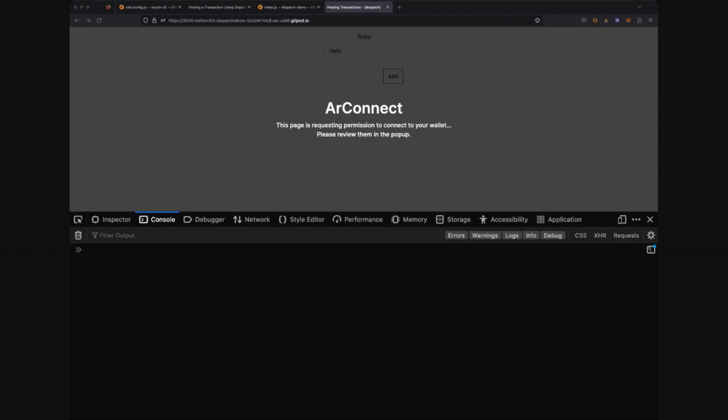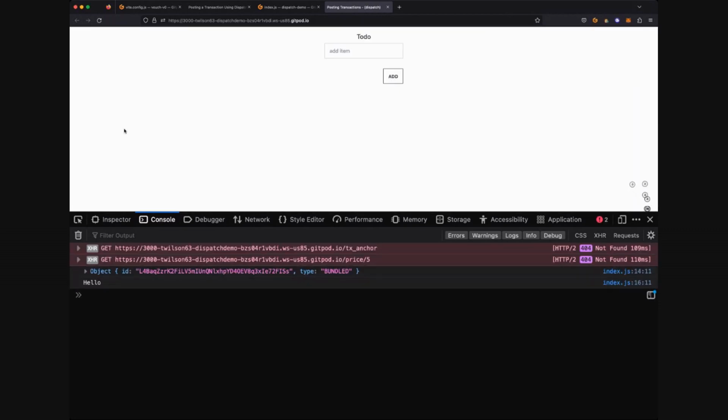Okay, so it's going to ask us to sign in with our Connect wallet. And a little window should pop up. You may not be able to see it, but a window has popped up, and it's given us a username and password to sign our wallet, and then it gives us the permission. So we're going to sign a transaction and dispatch an Arweave transaction. So we accepted that,